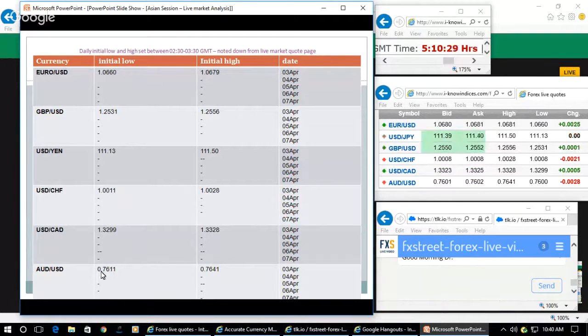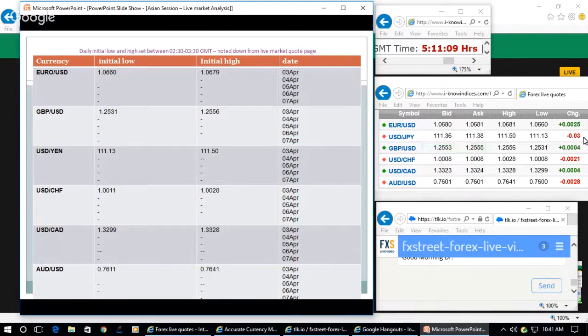In Australian dollar, they just breached the low 76.11 and came down to 76.00 and holding there, and they could make an extended downward move for 2 hours and then start gaining from the late Japanese session. Then 76.41 is the high which has not been breached. So all along you come across that euro is in positive territory. GBP is in positive territory now nominally, but Australian dollar is in the negative territory.